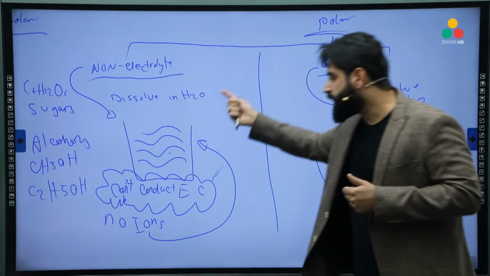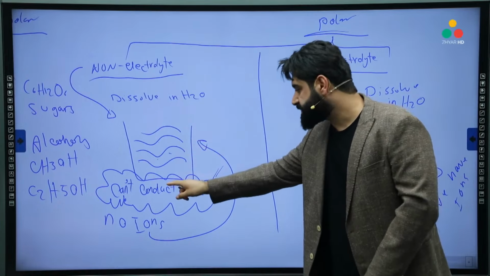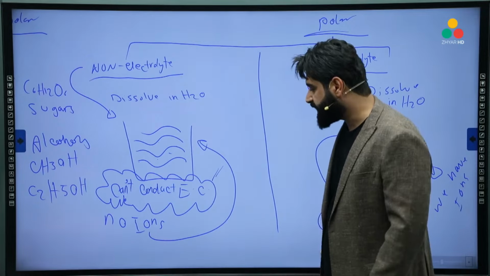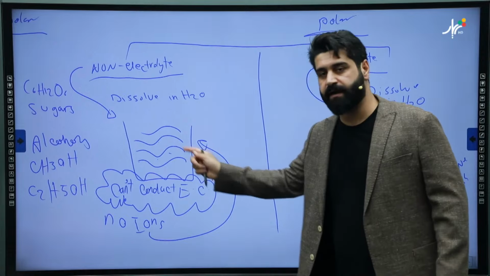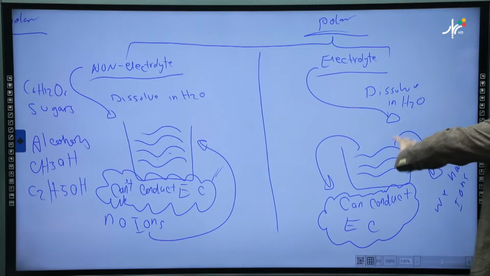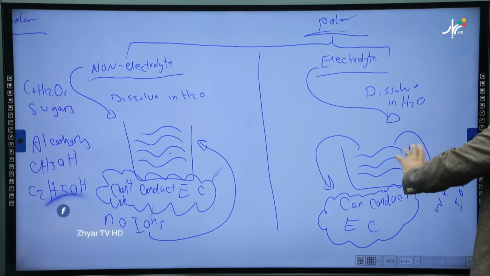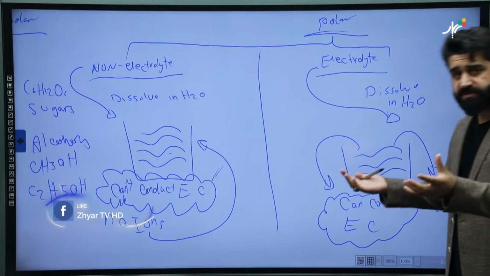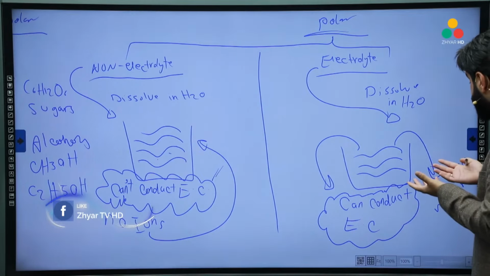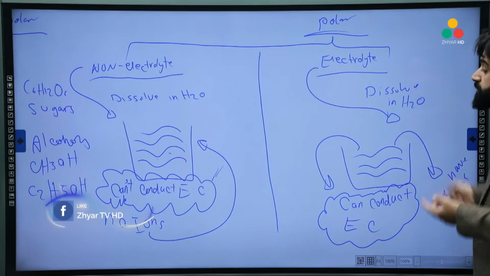A non-electrolyte is a compound that can dissolve in water, but its aqueous solution can't conduct electric current because there are no ions. An electrolyte is a compound that dissolves in water to produce an aqueous solution that can conduct electric current, because here we have ions. Examples of electrolytes are acids, both strong acids of course and weak acids,